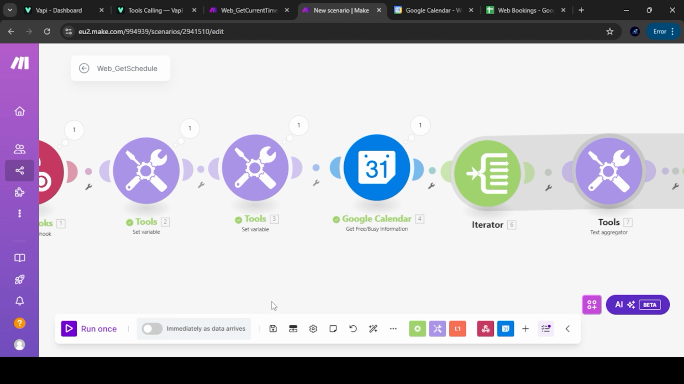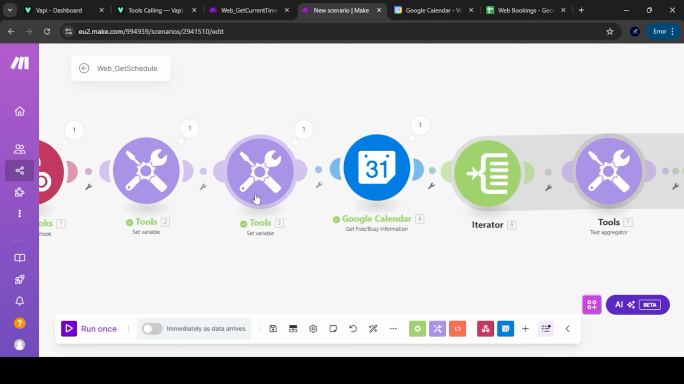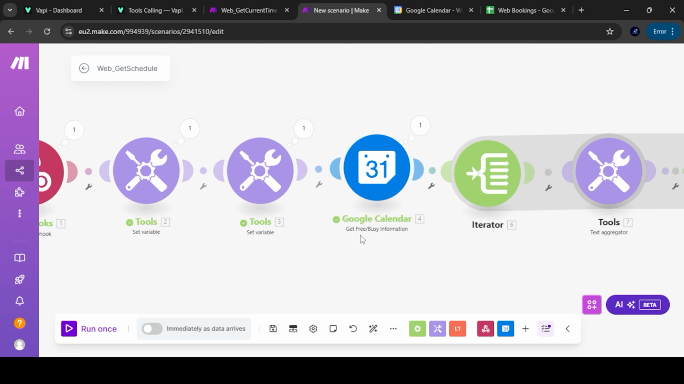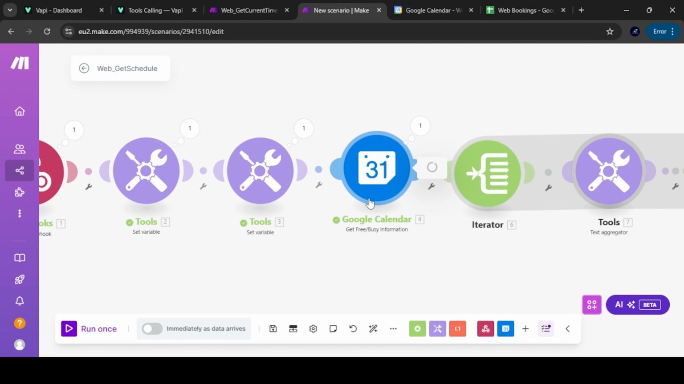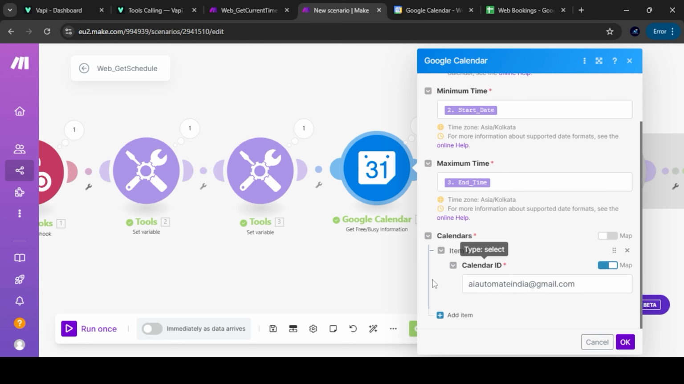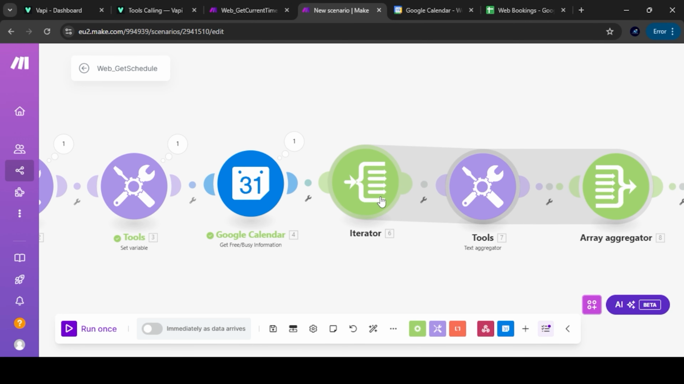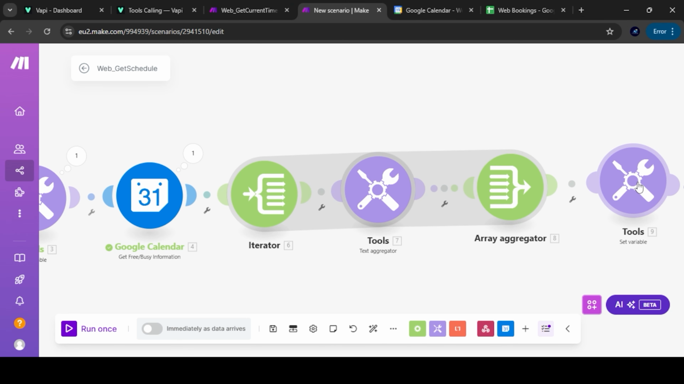In that span, our assistant will be booking the slot. So the start time would be the time the customer called, and the end time would be 1 week. In my case, you can provide it, you can increase it or decrease it. Then in that span, what make.com will do is get all the busy slots. Then those busy slots are iterated by this iterator, and the text aggregator aggregates all of them in the form